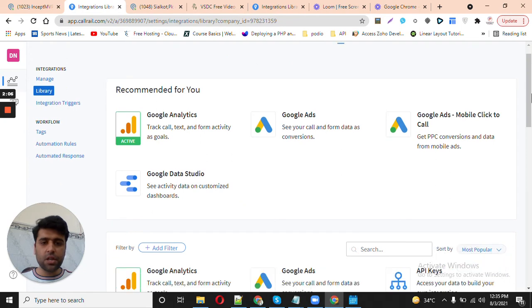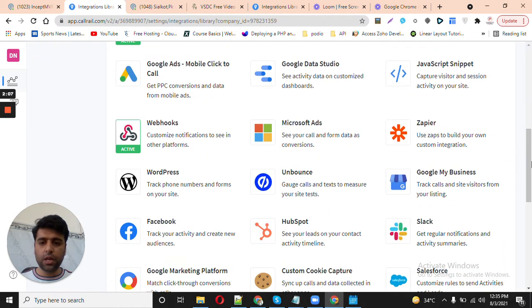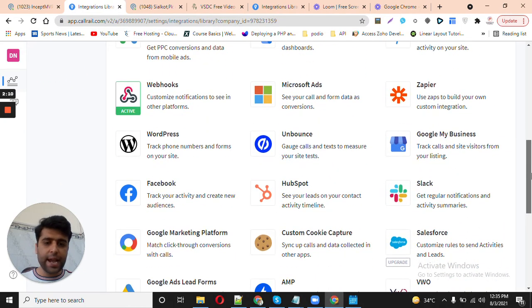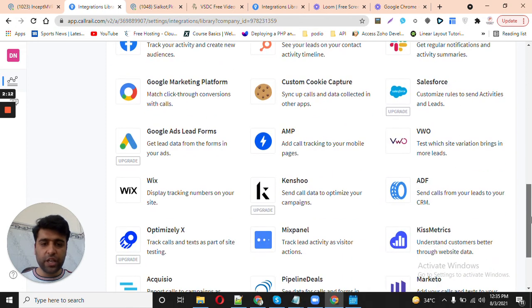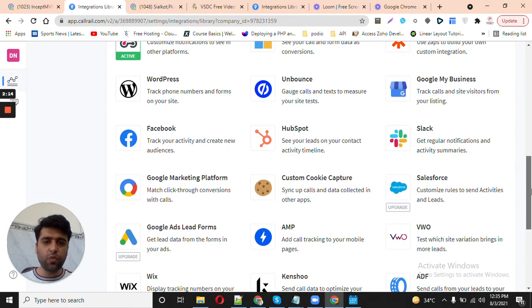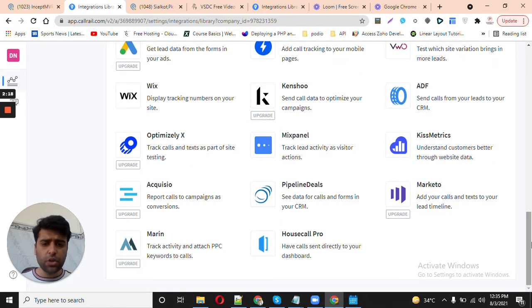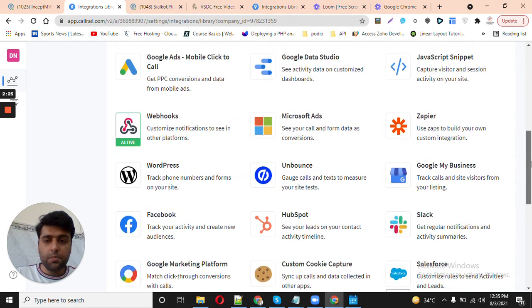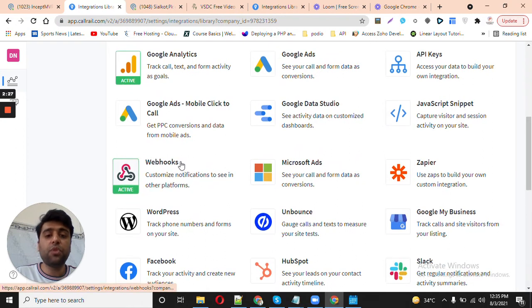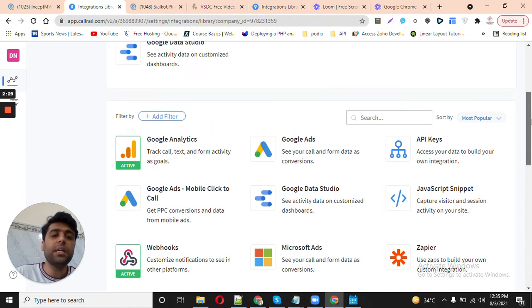You can connect it with Google Analytics, WordPress, Slack, Salesforce, Wix website, WordPress website, Facebook, and HubSpot. You can see that you have different options available on CallRail to connect it with different software. And the most beautiful thing is that you have this webhook option. It means that it can be connected with any software which has an API available.